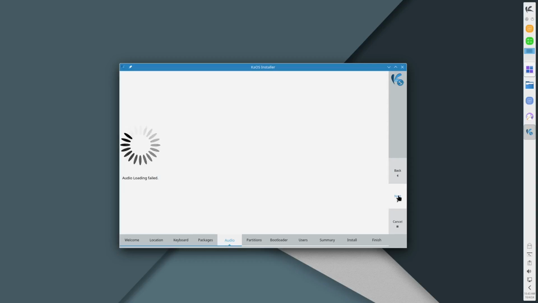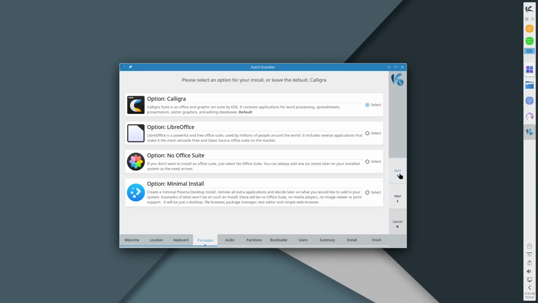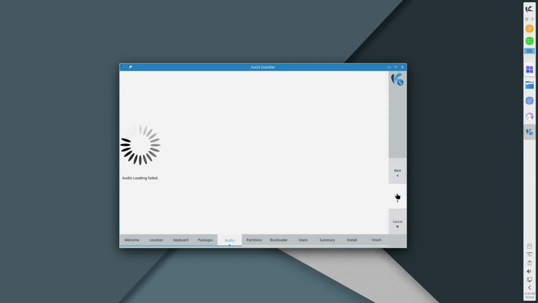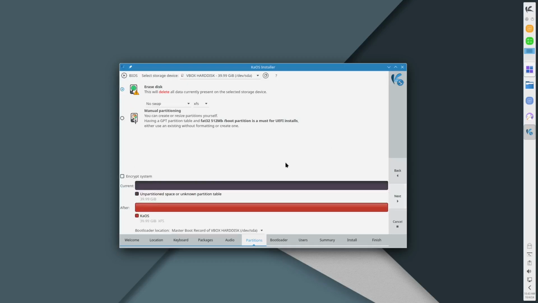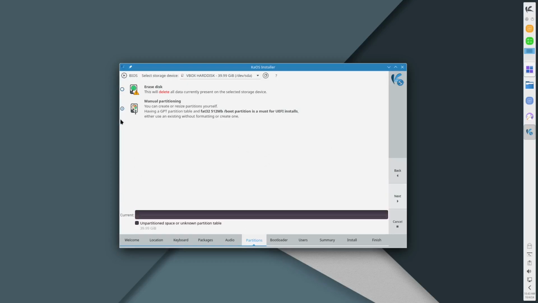Audio loading failed. That's probably because I'm on a virtual machine, I am running VirtualBox, and it may not have what it needs. I'm going to go ahead and hit next. I'm going to erase the entire partition. If we go into manual partition,